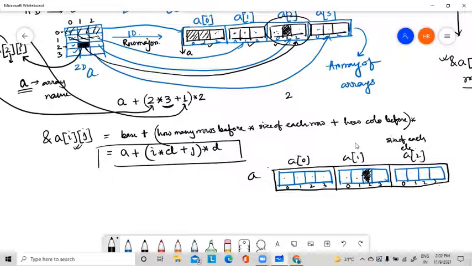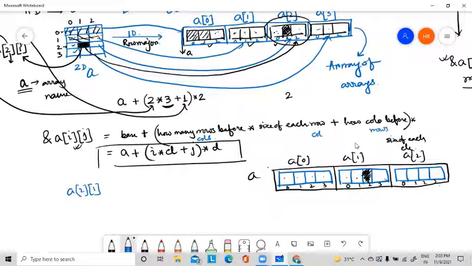So here again, if you want to calculate the address of this element, how many columns before? Here we calculated how many rows before, but here we have to write how many columns before, correct? Then size of each column, which means how many elements are in each column, there are 4 elements in each column. Then how many rows before, and this will give you the number of elements before this particular element. So here it is a 2 1.